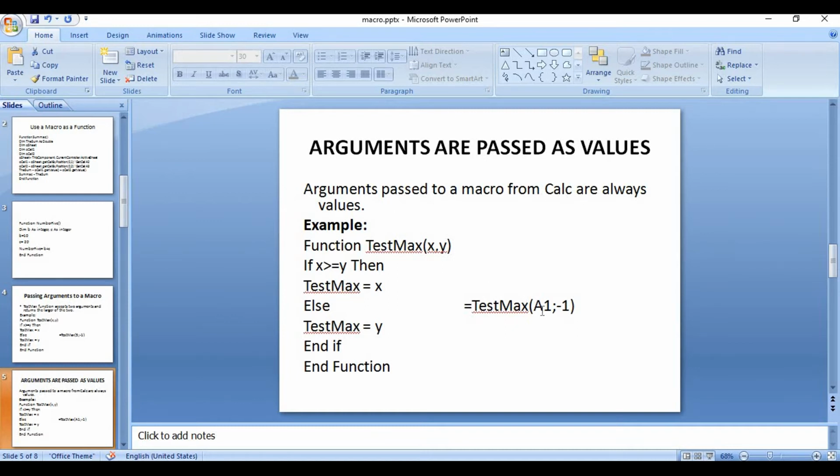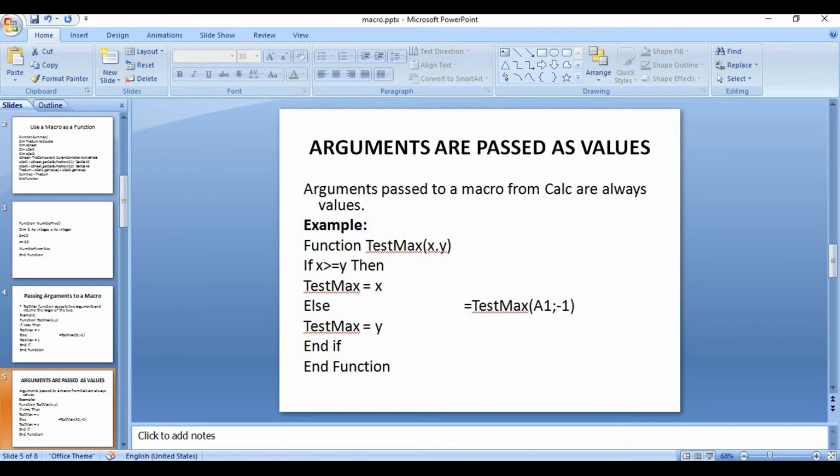I already explained this example. If I pass A1, the name of the cell, meaning the cell address, semicolon minus 1, it will compare the value given in cell A1 and minus 1. If the value of A1 is greater than minus 1, it will return the value of A1, otherwise it will return minus 1.